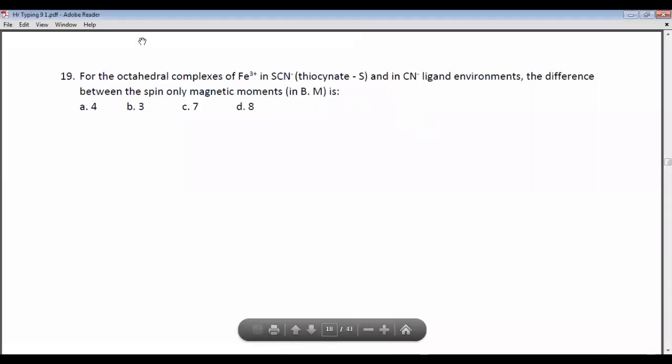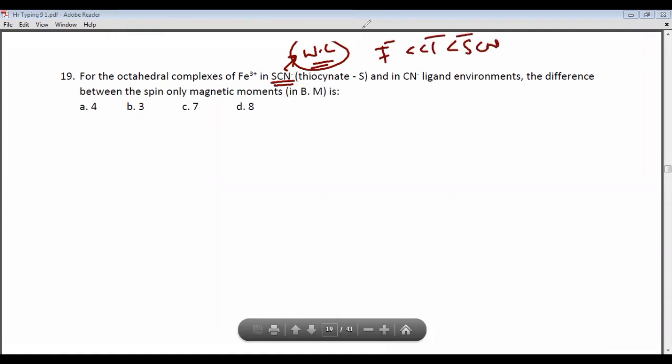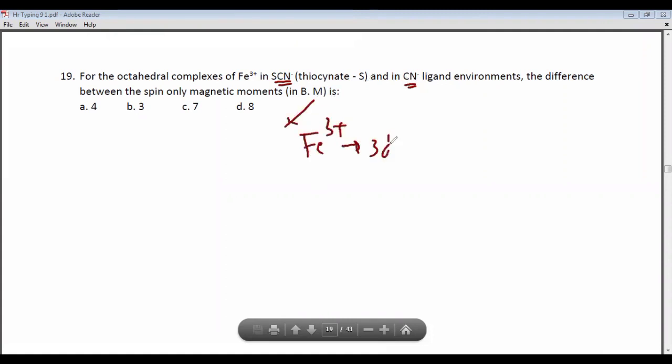Ready? The next. For the octahedral complex, Fe3+ with SCN-, thiocyanate is a very weak ligand, we know. F-, Cl-, SCN-, this is the spectrochemical series, and CN-. If the complex ion uses a weak ligand and a very strong ligand, the difference between spin only magnetic moment. We know Fe3+ is 3d5. And the very same 3d5